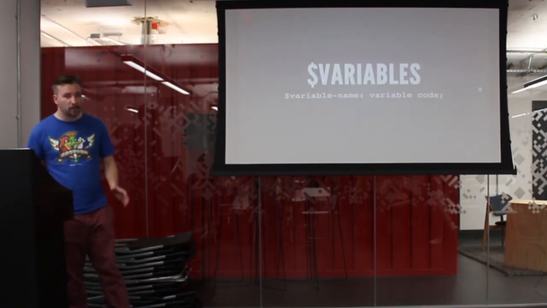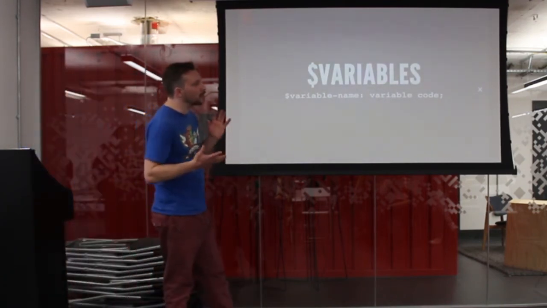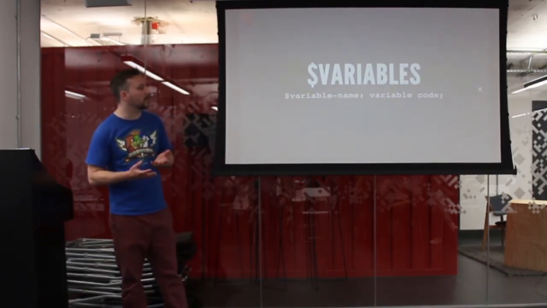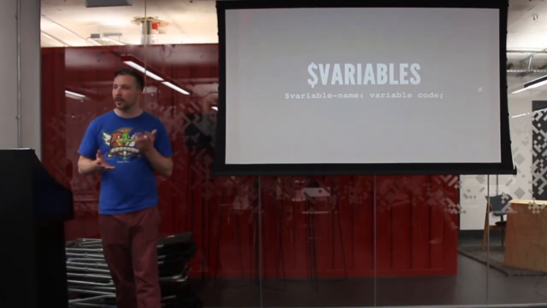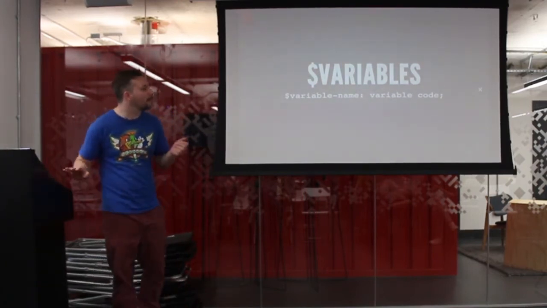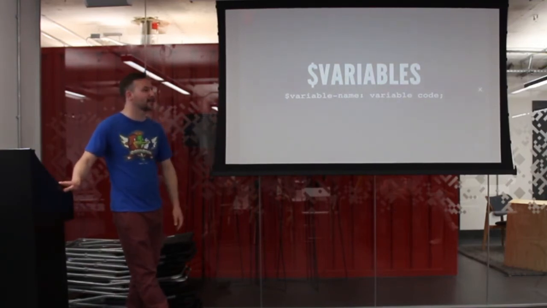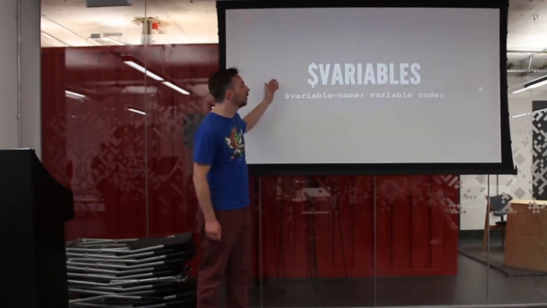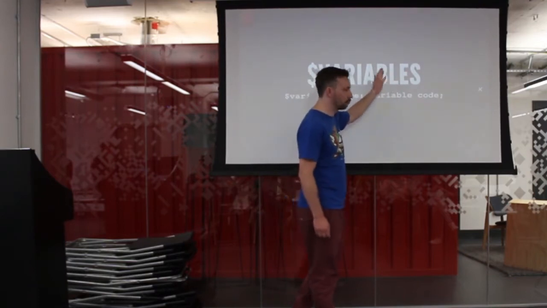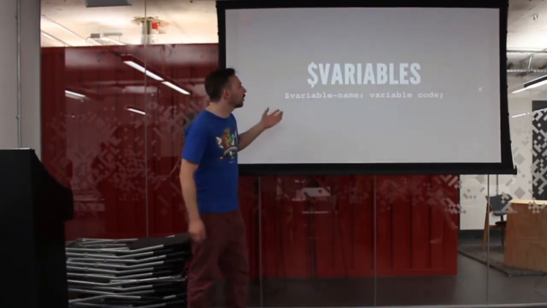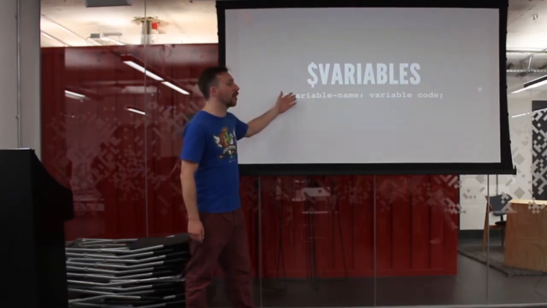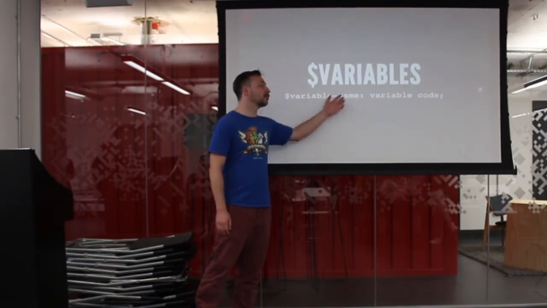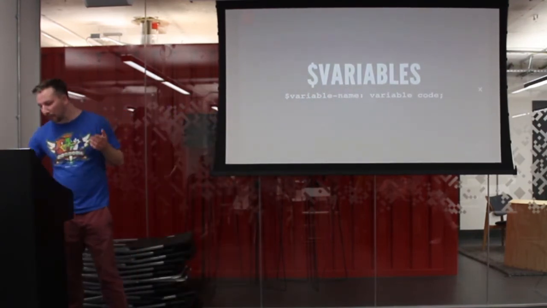Right, variables. Now, you can have variables in Sass code as well, and I believe in Less. Does anyone here not know how variables work? It's all good, I didn't. But if you're a back-end developer, this is your comfort zone. All you do is you have your variable name. With this, it's dollar signs. So you have your variable name, and then your normal code. So you can have, I don't know, button, or actually no, that makes sense, header 1, or main header, green, whatever. You can do it like that, whatever's comfortable for you.